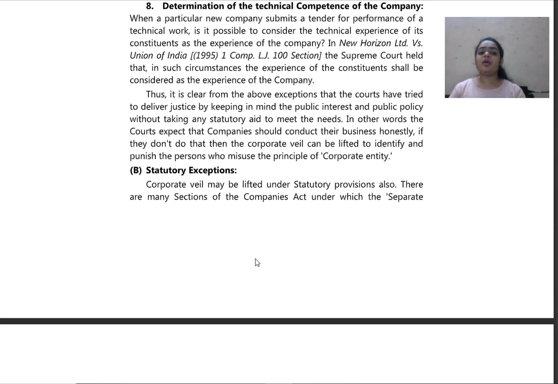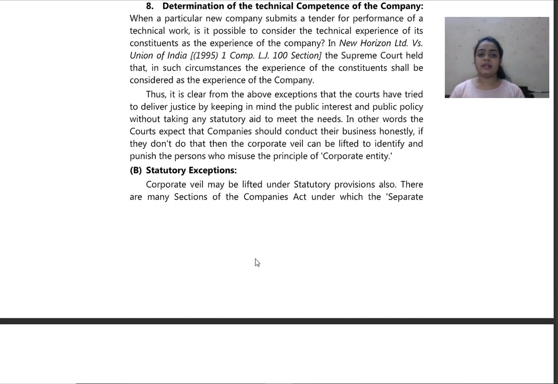Thus, it is clear from the above exceptions that the court has tried to deliver justice by keeping in mind the public interest and public policy without taking any statutory aid to meet the needs. In other words, the court expects that companies should conduct their business honestly. If they don't do that, then the corporate veil can be lifted to identify and punish the persons who misuse the